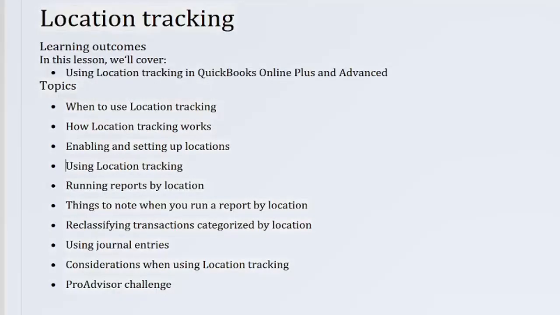Location tracking. Learning outcomes. In this lesson, we'll cover using location tracking in QuickBooks Online Plus and Advanced. Topics: when to use location tracking, how location tracking works, enabling and setting up locations, using location tracking, running reports by location, things to note when you run a report by location, reclassifying transactions categorized by location, using journal entries, considerations when using location tracking,